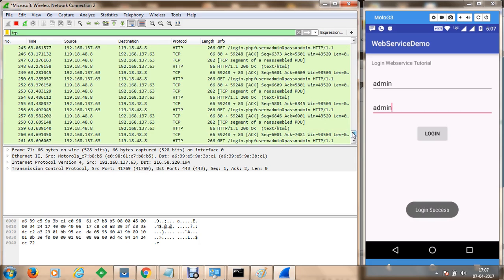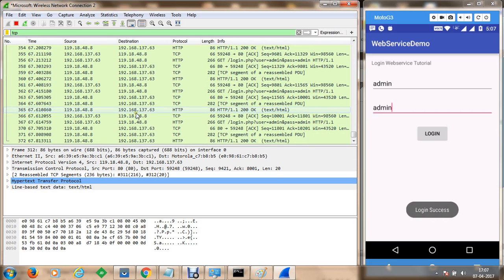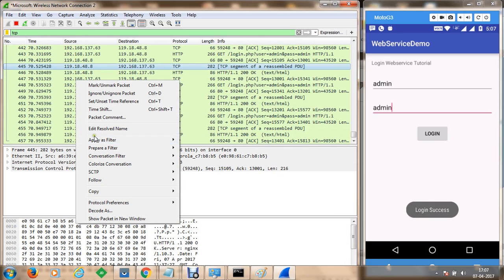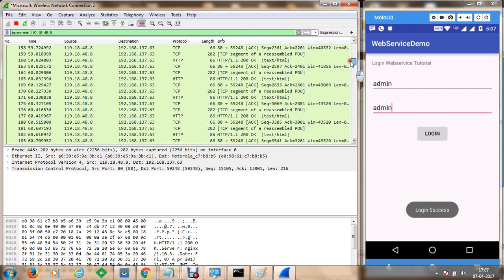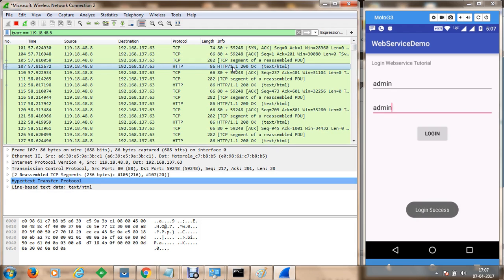And now you can see that once we have received some information from this URL 19.48.8, I would like to mark the packets or apply as filter. So we like to select the packets, and now once we have selected the packets, you can see that packets are being transmitted and are being received here. So here you can see that there are various protocols and responses which we have received over HTTP. These are HTTP 200 OK responses which we are receiving at the moment.